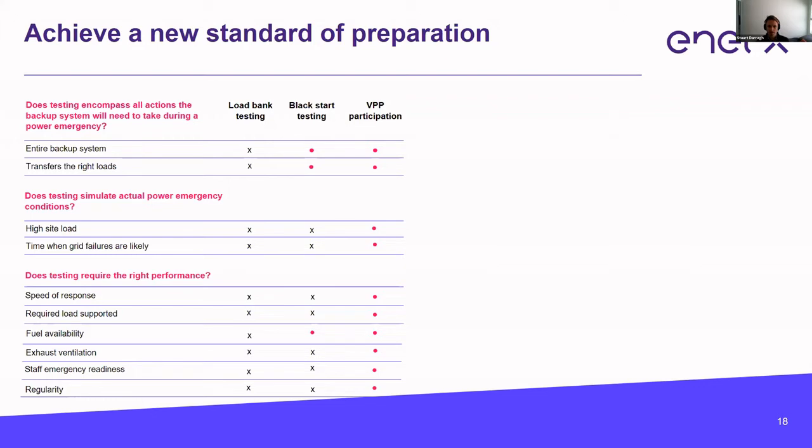And does testing require the right performance that's needed during a real emergency event? So load bank testing, no for any of those. Black start testing, yes for fuel availability and fuel supply and quality. But in terms of speed of response needed, supporting required loads, testing exhaust systems, and critically in terms of staff emergency readiness and ability to respond to these emergency events, it actually